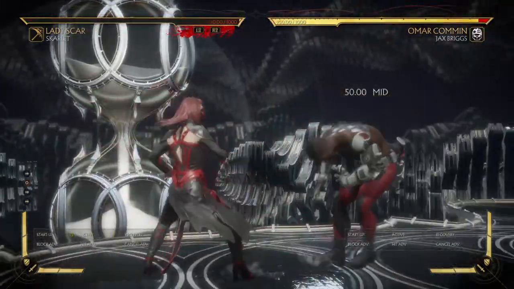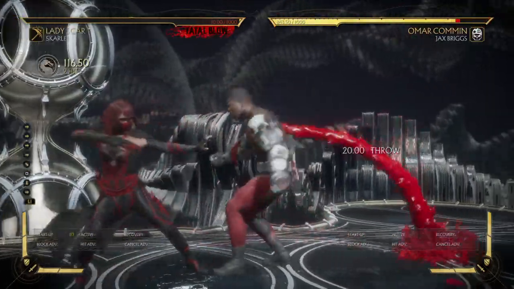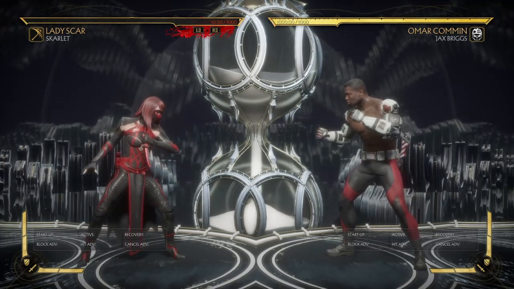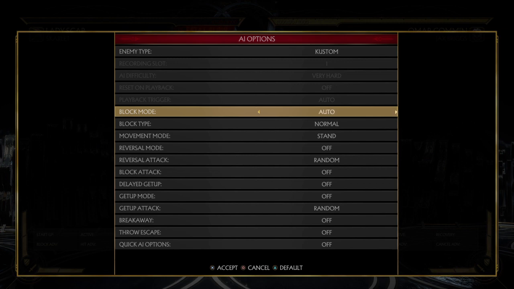So let's say you've been doing this a lot, and then now you can get away with doing this, poke, and then going for a grab. At the same time, you are risking your life with the red mist, but that is a mind game that you can do. Because when it comes to this string right here,